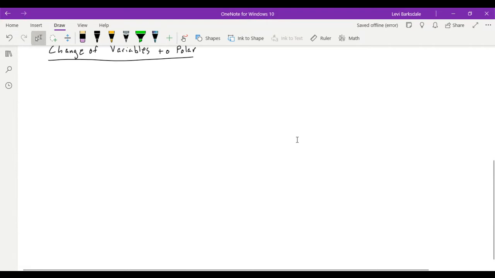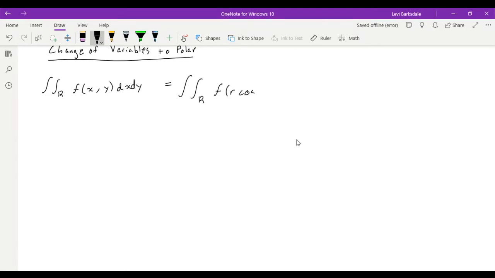This is actually going to be a fairly brief section since a lot of the concepts were covered in last week's double integrals review. So let's say we have a double integral over some region R, and we'll call it a function f of x, y, and we're integrating with respect to both variables. Well, sometimes it's easier to put this region R in terms of polar coordinates. For example, if we had a region that was circular,